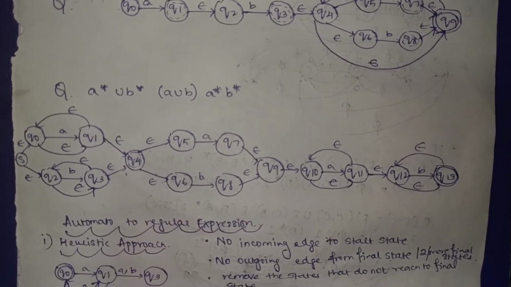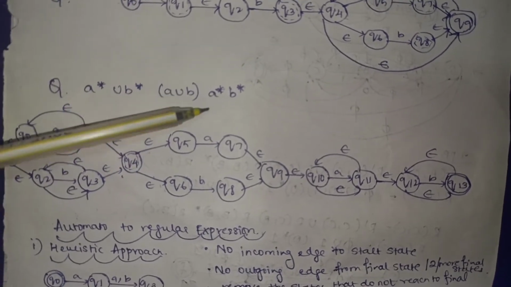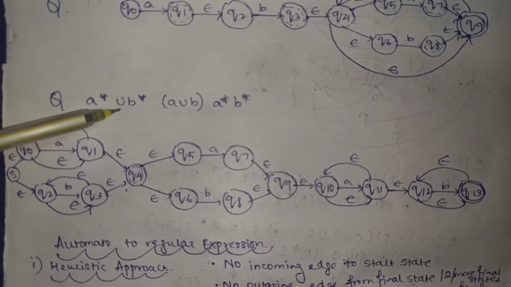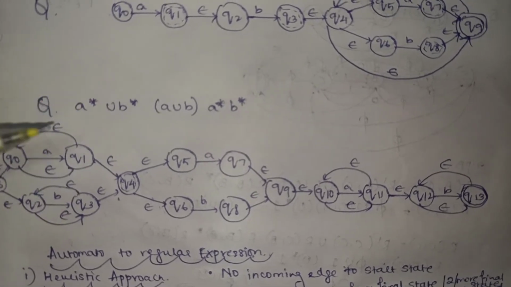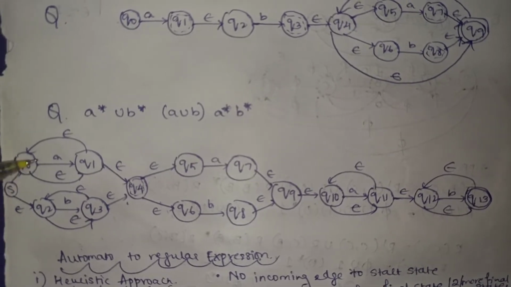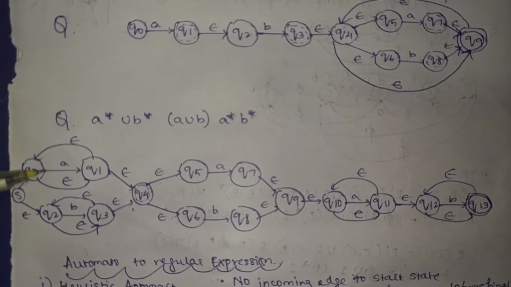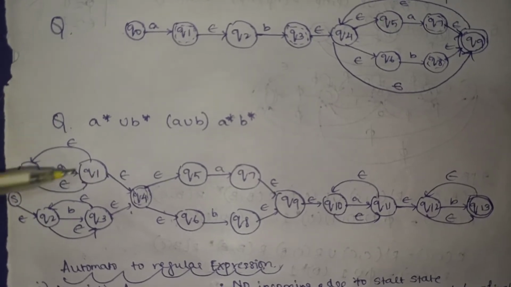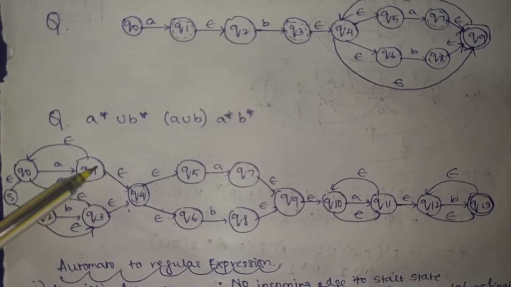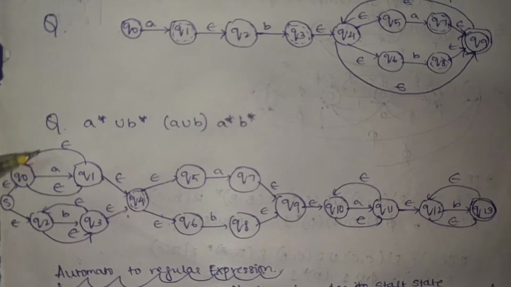Now you can take another example. So you have a star union b star, a union b, a star b star. Firstly, a star union b star: since there is a union operator, it is a star or b star. So you have an epsilon and an epsilon going to a star on one side and b star on the other side. For a star, how it is written: a one thing, then star, so one epsilon from here and one epsilon from here, and epsilon to the intermediate final state, and the b goes the same as that of a.